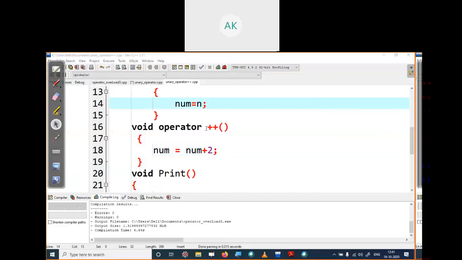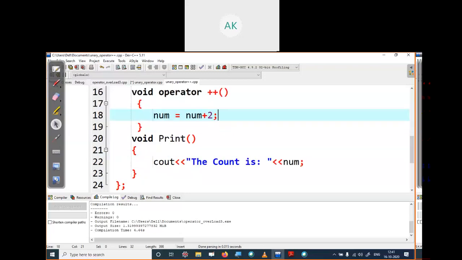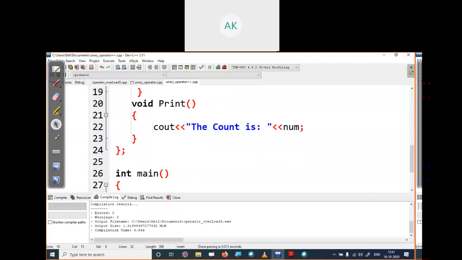We write operator as a keyword, and we are overloading the operator plus plus. So I write the symbol plus plus, and we are not giving any inputs to the operator overloading. The value of num we will just increment by 2. Num plus 2 means it will increment the value of num by 2. And the print function will just print the value of num.